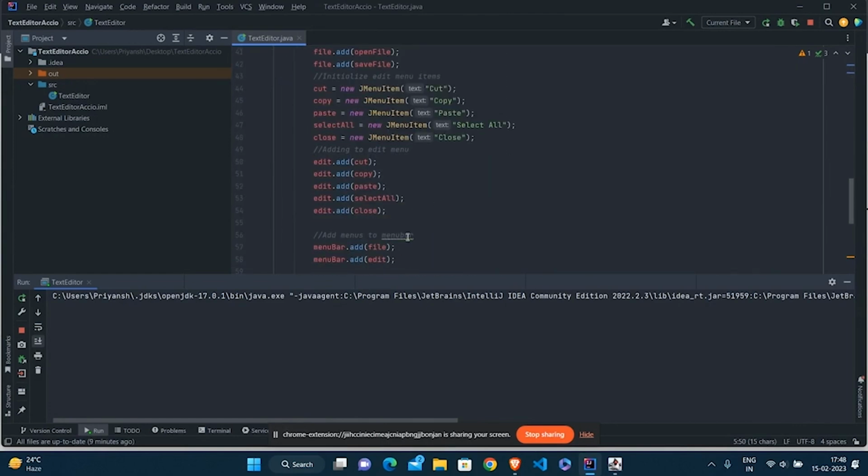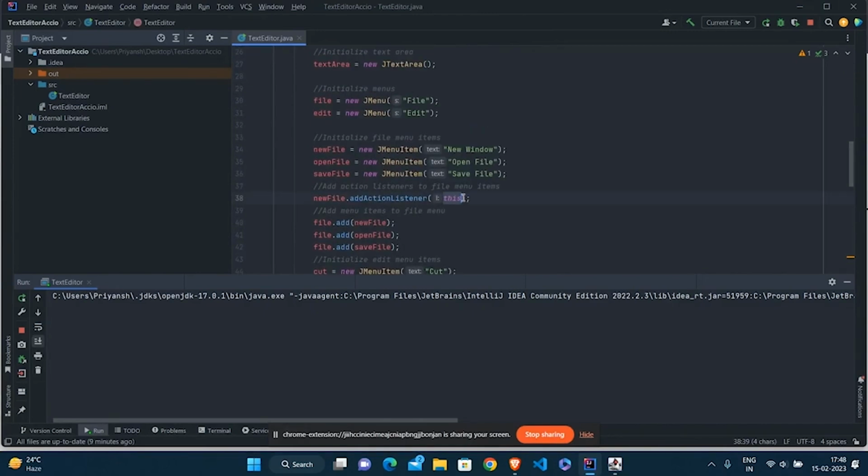This particular object of TextEditor is listening to this new file. So we have added this action listener to this particular menu item, so that it can listen to this particular menu item.